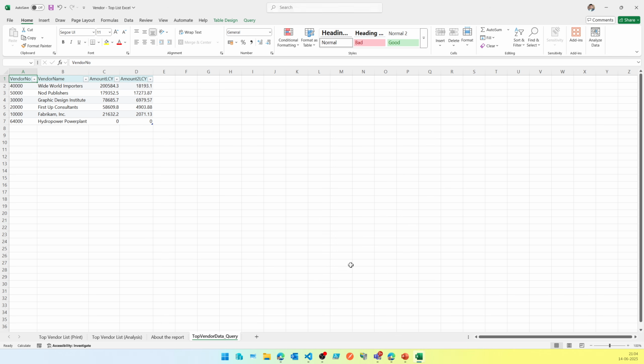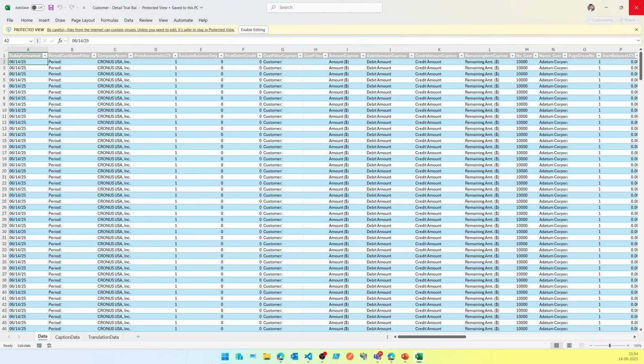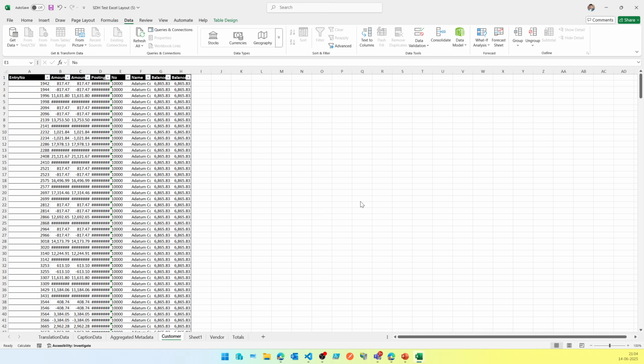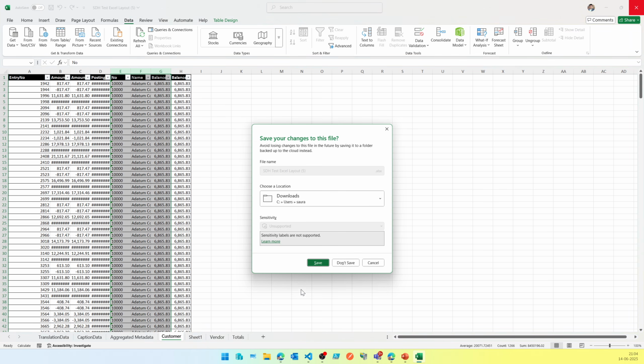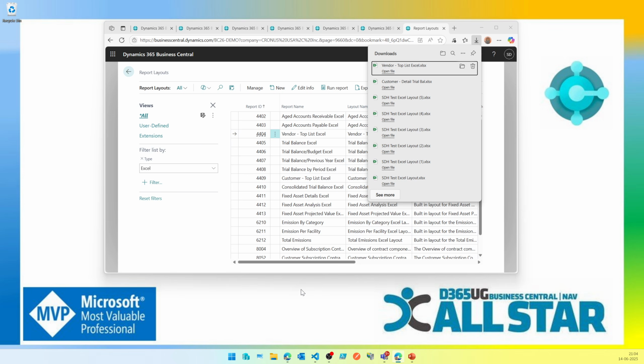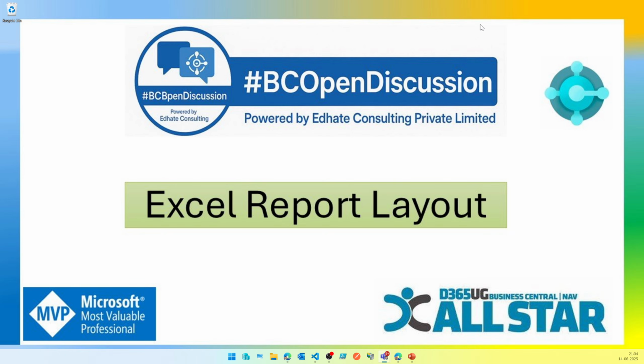The problem is that our ecosystem, especially the partner ecosystem, has not presented it in a way that gives the user a reason to say, okay, for this report I don't want an RDLC layout. It's bad. It doesn't serve my purpose, and I don't want to give you 20 hours or 10 hours to build an export to Excel layout. Why don't we use the Excel report layout, and then I'll do the designing based on how I want it,